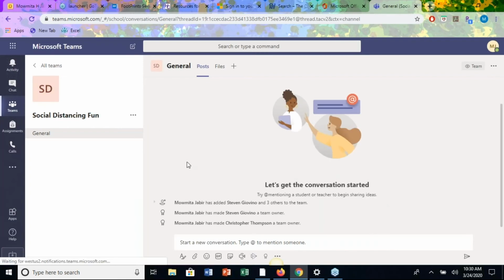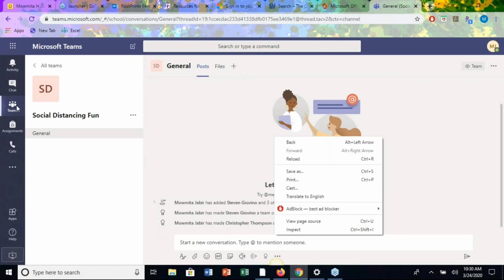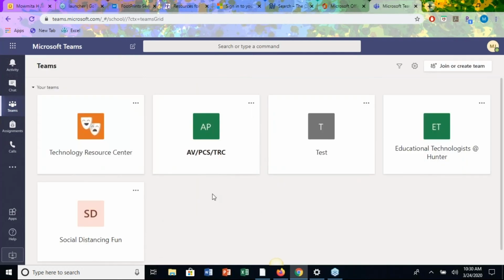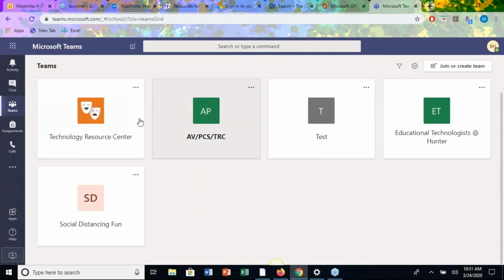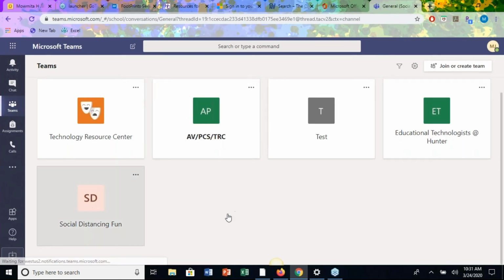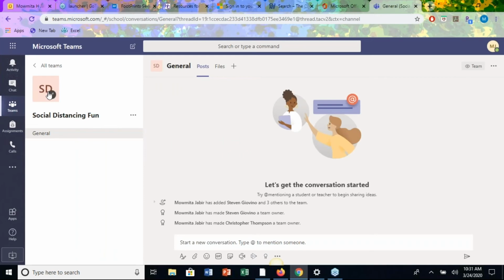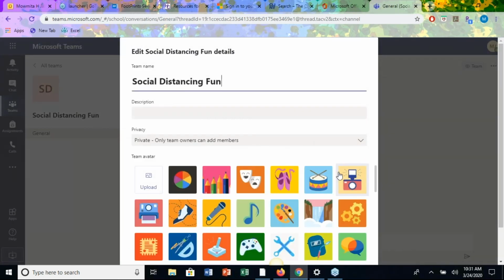And you can create as many teams as you want, right? But as you can see, let me go back. So the teams could be a little boring. So how can we fix that, right? If I go to here, how can we personalize it? I can simply click on that icon right here under the team's logo, and I can upload my picture right here, team avatar, or I can choose something like